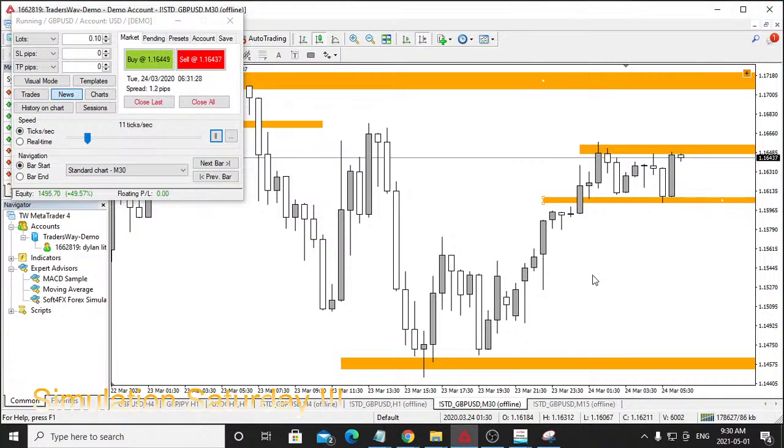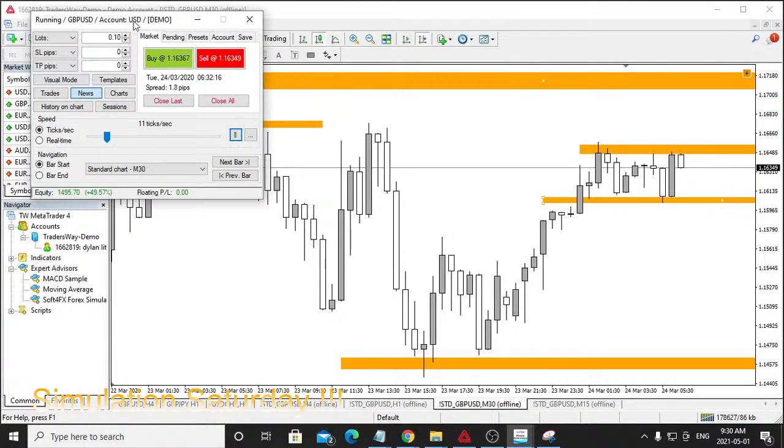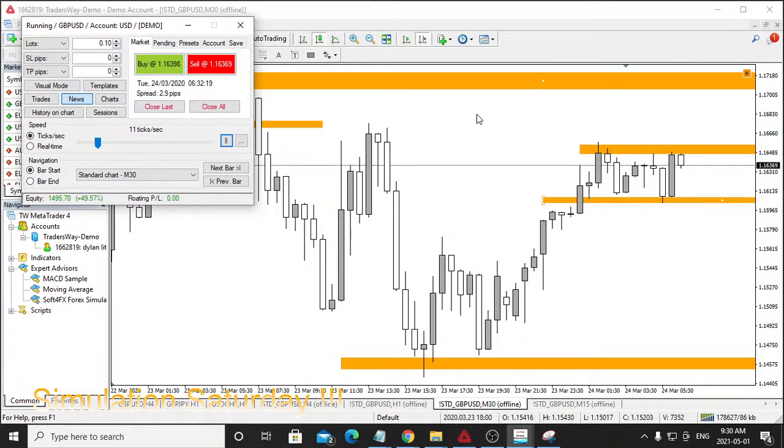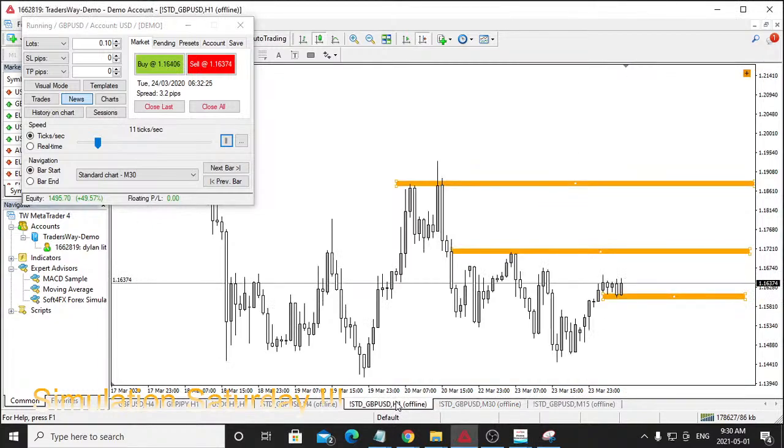So this is me wheeling it, playing it back to show that there was an impulse move on the Tuesday, March 24th at around 6:30. So this is 6:30. So price, if I go to the higher time frame,